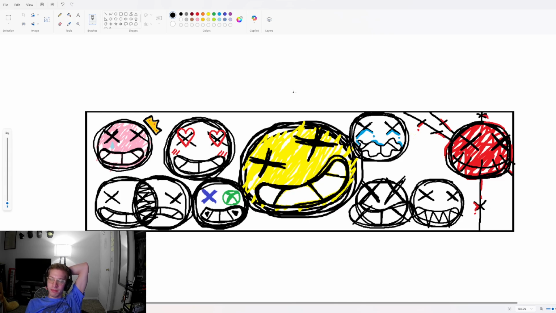Art is such a thing for me. Because when it's good, I enjoy it. When it's bad, I just hate it. Like this, I low-key hate. I like Suture. I feel like Suture is the real highlight of this thing. Even though Pummel's supposed to be front and center, I probably could have made him bigger.